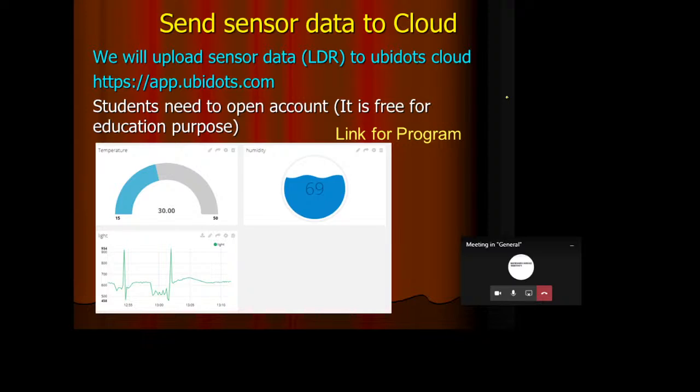I am sure that all of you must have opened an account in Ubidots, and this is the URL for that. If you have not opened your account yet, please register and create your account so that you will be able to upload data in Ubidots. There are very good graphical widgets available in Ubidots.